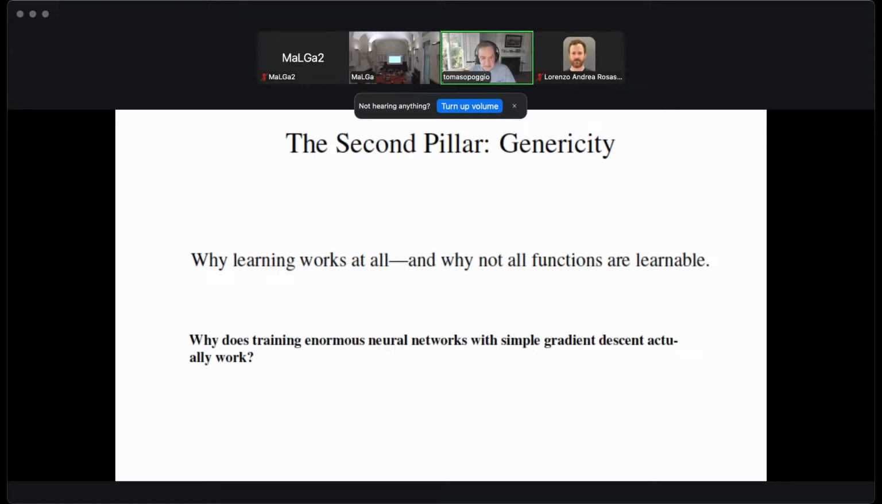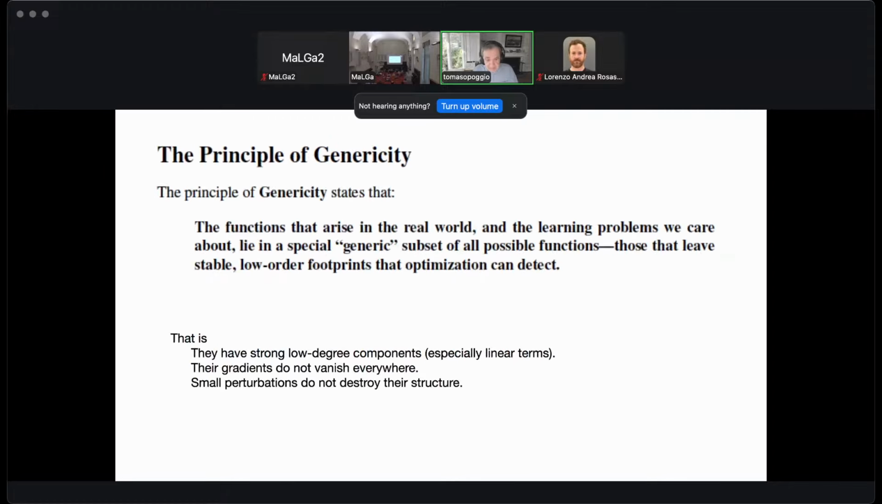Now, the second pillar, the second principle, is, as I said, genericity. And this here is the idea that it's this principle that makes it possible for gradient descent techniques to actually find an optimum, which is not obvious at all. Unlike the previous principle, the precise formulation of this requires some more work. This is at this stage more of a conjecture, but the idea is that functions that arise in the natural world